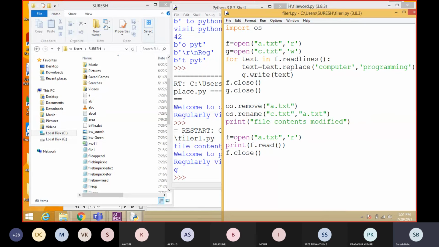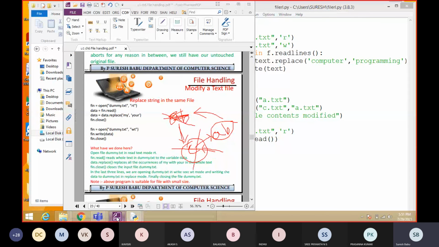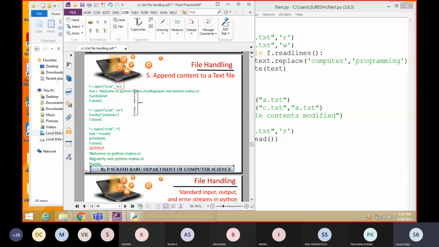That's all. If you want to feel it, just create it in your system and try these programs. And the final thing is append mode. Append mode, nothing different. Students, instead of w, you can use a plus. That will add data to the existing file. w mode will delete all the content and add the new data, newly created file under data. a means append mode that will add data to the existing file. This is the difference.